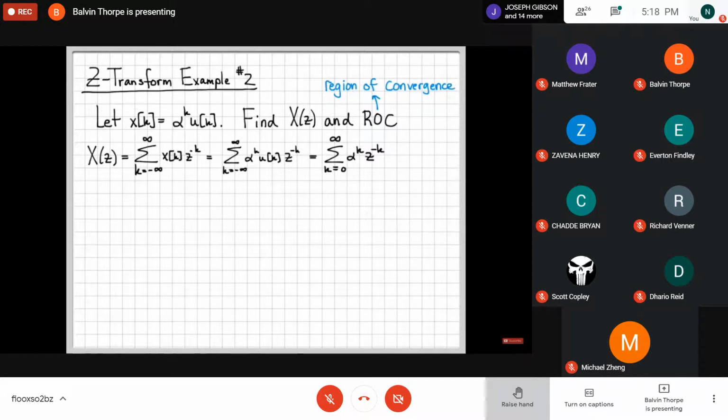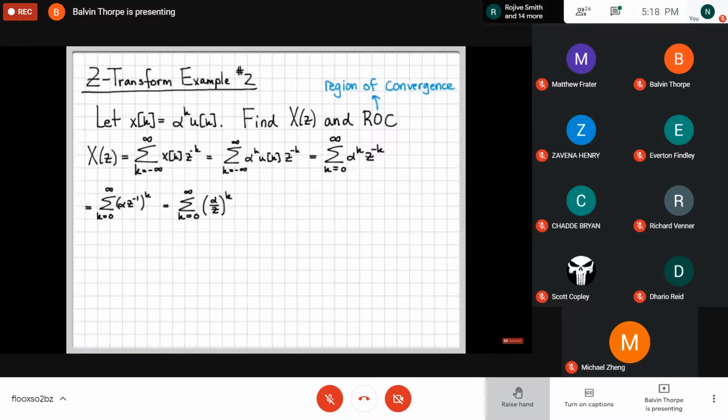So now this is the summation that we need to solve. And we know how to work on things like this. We've been doing things similar to this in the class for some time. If we use our property of exponents, we can rewrite this as alpha times z to the minus 1, all of that raised to the k. That's equivalent to that last step. And now this is in a form that we know how to just write down because we know how to solve a geometric sum.